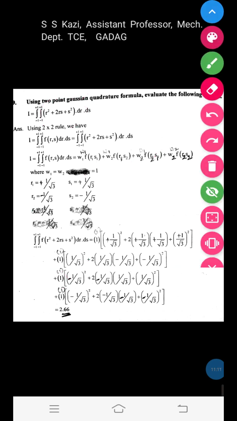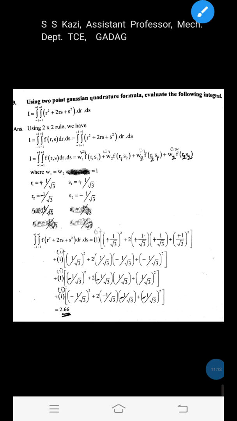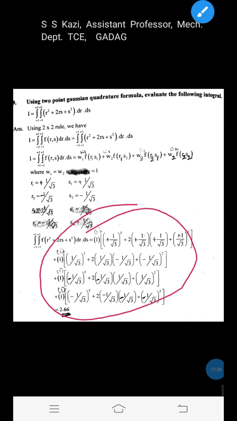Now after that, the fourth term W2 into W2, that is 1 into 1 into bracket f of R2 S2. f of R2 S2 is nothing but R2 square plus 2 R2 S2 plus S2 square, where R2 is minus 1 by root 3 and S2 is minus 1 by root 3. You substitute. After that you calculate this expression, we will get